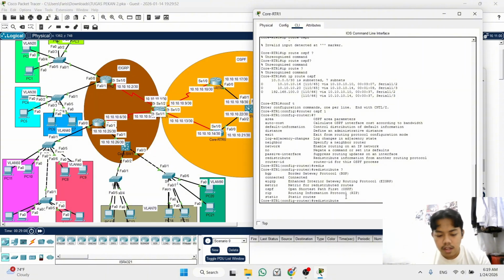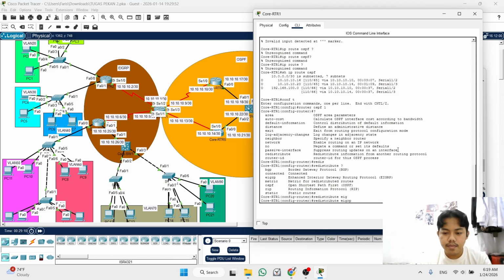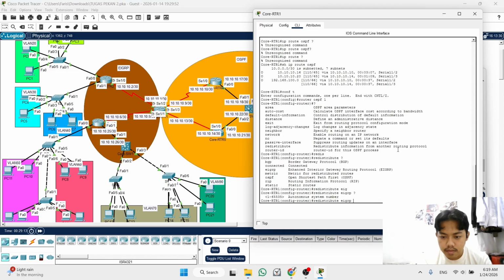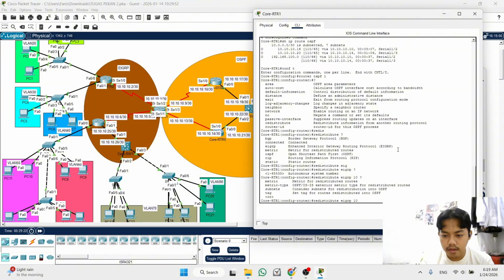We choose EIGRP, and then what autonomous system or AS. Our EIGRP is 10. Okay, and then after this you write subnets, and then you click enter.